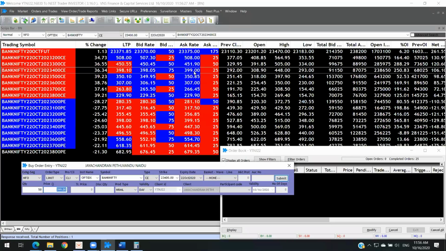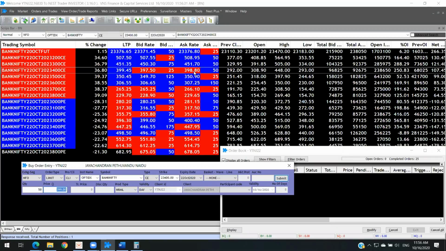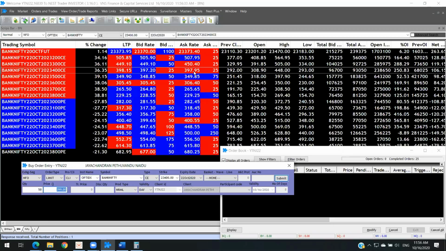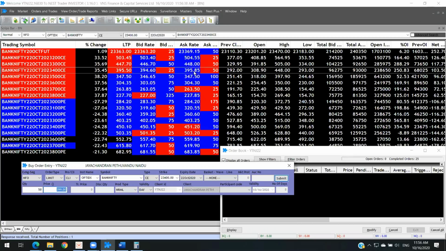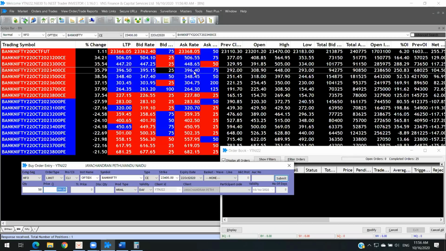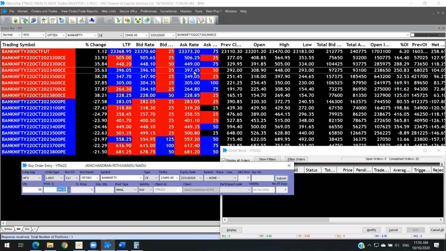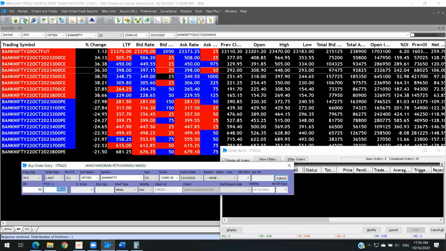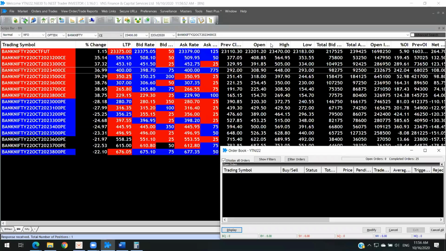So for a buyer, you will only require the premium price at which it is trading into the number of quantity which you are going to buy. That is the margin that will be required. Guys, again, I'm telling you, as a buyer, that's the best thing. Don't go for anything having high leverage. I wouldn't suggest this, because that is where the maximum pain can come. Do not go for anyone saying I can give you high leverage, do it, and so on.